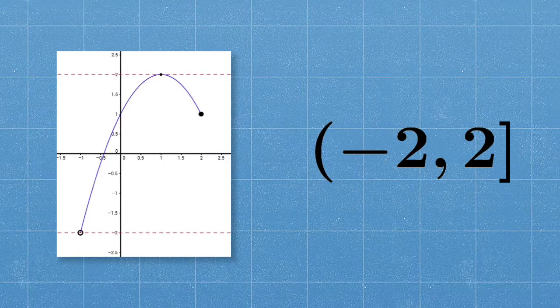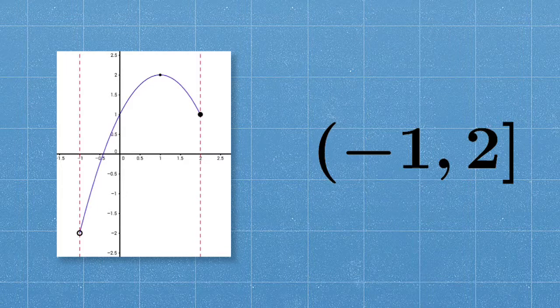Here I have indicated the range of the function. Notice that -2 in the interval notation is given a soft parenthesis. That is because in the picture we have an open dot, which means that the function never actually reaches the value y equals -2. In a similar fashion, the domain is restricted from -1 to 2, where we do not